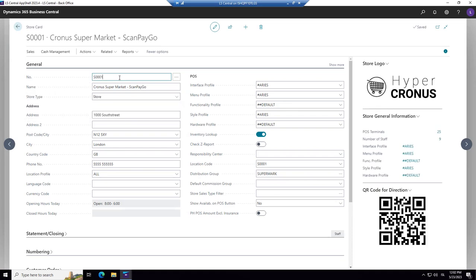Each and every store has a number and a name. That's the description. In this course, the aim is not to teach you how to create stores, it's just to let you know about some of the data the store contains. And here, importantly, we have put an address of the store with a phone number and everything. But if you think about it, the LS Central POS does not really use that. But why do we put this information here? Because you remember, we talked about unified commerce. And unified commerce means that you put the data in one place and use it in other places.